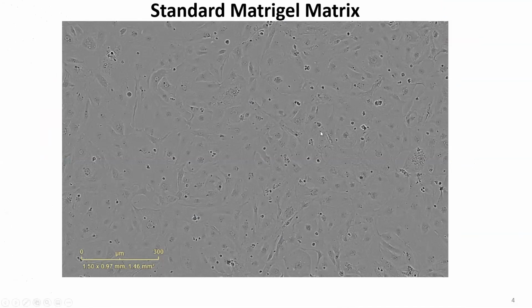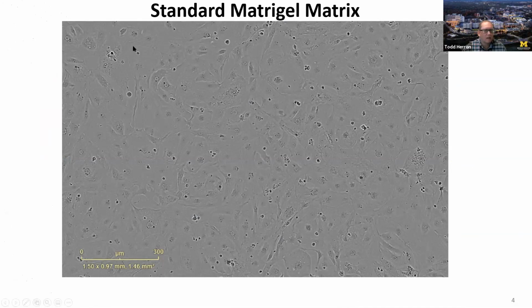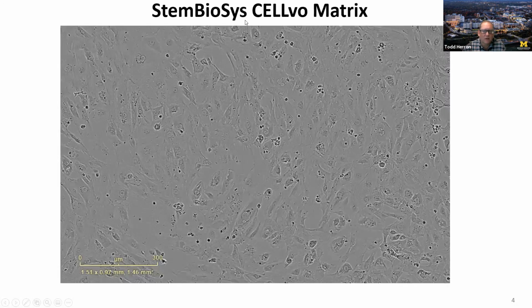So this is a phase contrast image of a monolayer of Cellular Dynamics cardiomyocytes plated as a monolayer on Matrigel. And here you can see that the cells are round in their morphology and have no real direction to them within the cells or between the cells. And this indicates an immature fetal-like cardiac phenotype. When we used another matrix from STEM Biosis, their Salvo matrix, this matrix is produced from bone cells. We saw similar effects where the cardiomyocytes cultured on this matrix are also